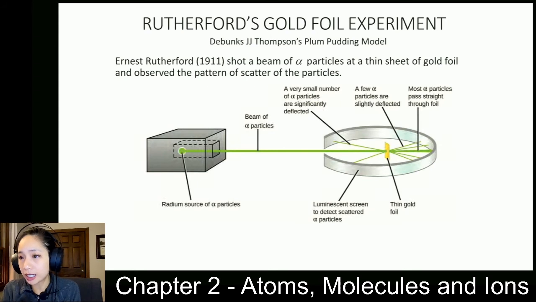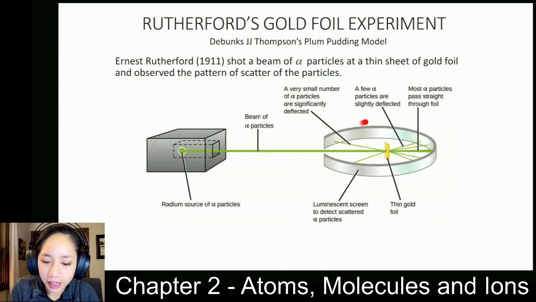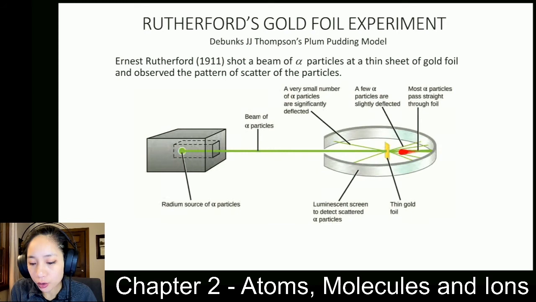He made a gun of alpha particles and would shoot it at a thin sheet of gold foil and observe what happened. A really thin sheet of gold foil. He saw that most of the alpha particles went right through the gold foil as if it were a piece of tissue paper, like you were shooting a gun through a sheet of tissue paper. And how he set up the experiment, he set up a luminescent screen to detect any alpha particles. So he saw that the majority of the alpha particles went right through.